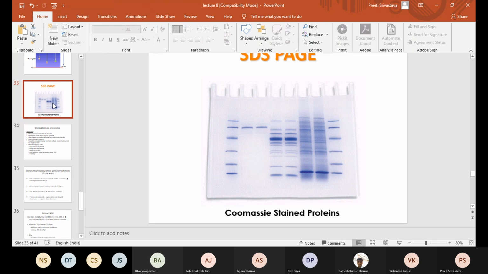When we talk about negative stains, what we'll see is you will just make an inverse of this image. That means the background will appear stained. For example, zinc, copper, these are all negative stains, so they will get deposited on the gel and the protein band will actually appear completely transparent. Is this clear or no?